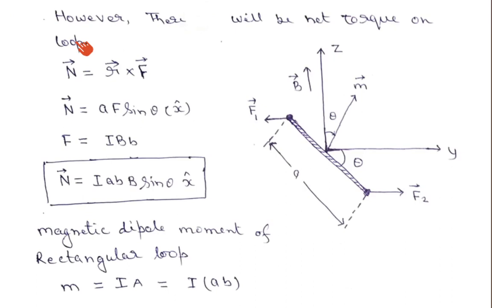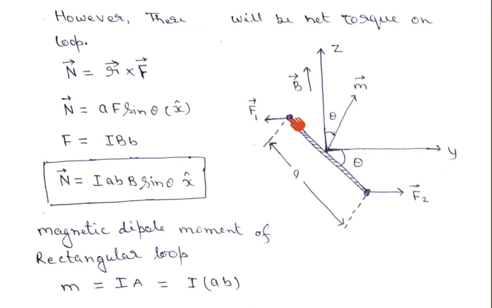How is it? Let us assume that this is the z axis and this is the y axis, and obviously this is the x axis, and this is the direction of the magnetic dipole, which is making an angle theta with respect to the z axis, and similarly this side of the dipole is making theta with respect to the y axis. Okay. If you consider the